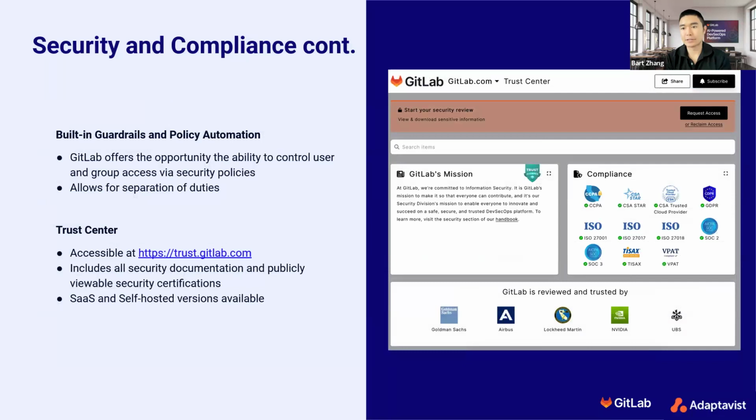Thanks, Josiah. Yeah, so what Josiah mentioned earlier around the security tools we provide out of the box, such as static application security testing, dynamic application security testing, secrets detection, infrastructure as code scanning, and license compliance. These are great tools in and of themselves, but where we really kick it up a notch is we integrate it into the